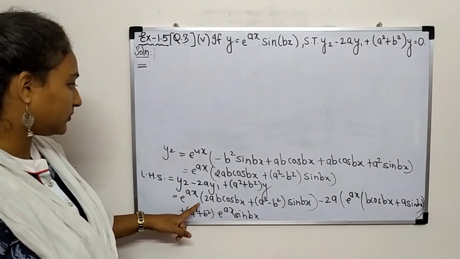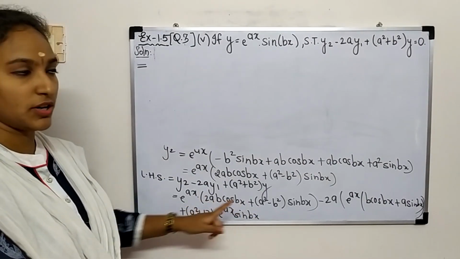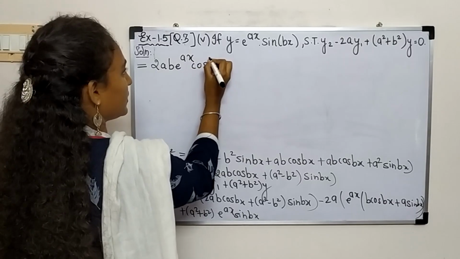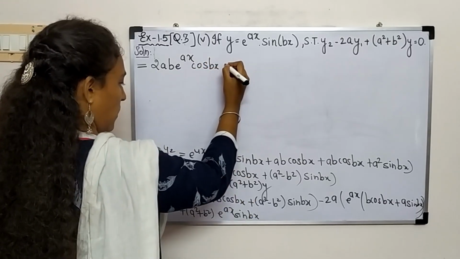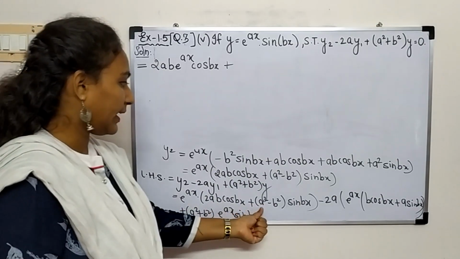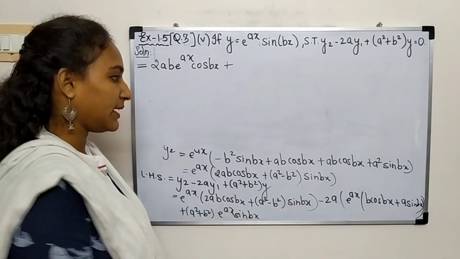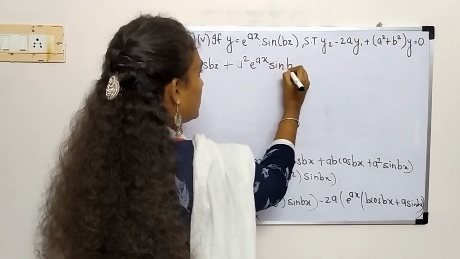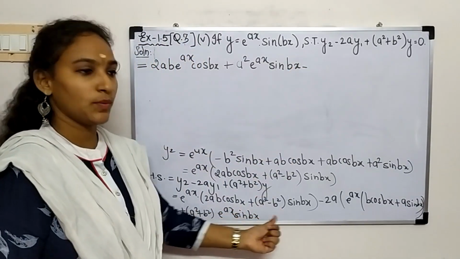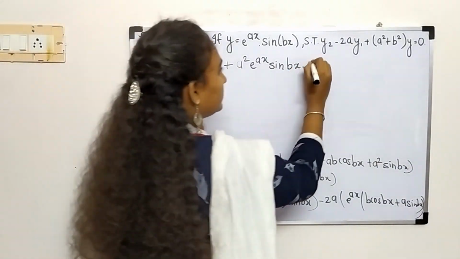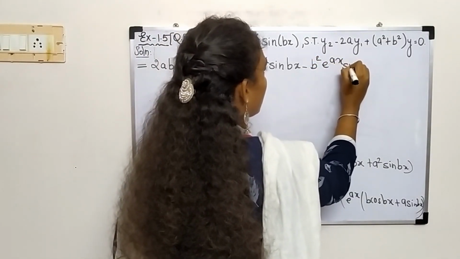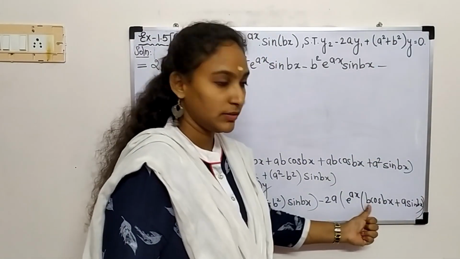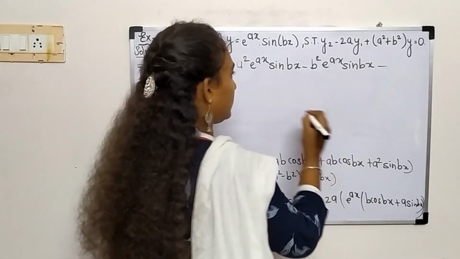So this is equal to 2ab e power ax cos bx plus a square e power ax sin bx minus b square e power ax sin bx minus 2ab e power ax cos bx